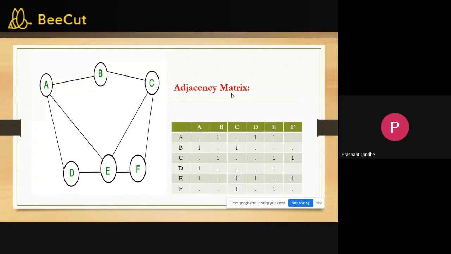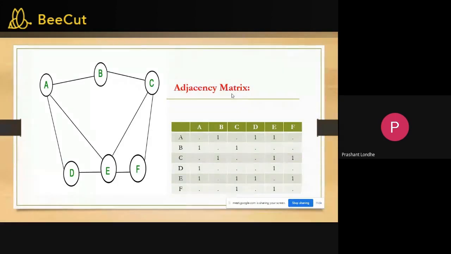Now, how to calculate the adjacency matrix? If there is an edge between A and B, then you will say that A is adjacent to B. And if there is no edge between any two vertices, then they are not adjacent to each other.